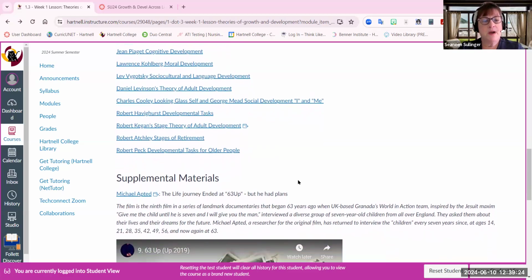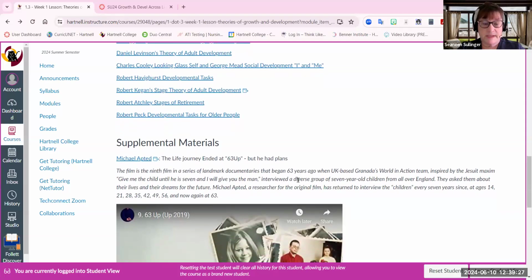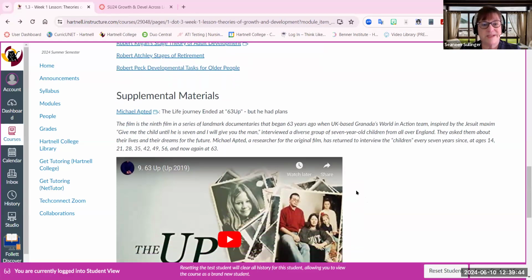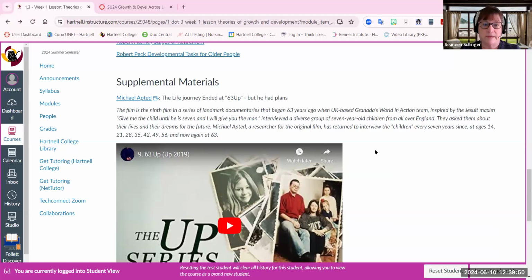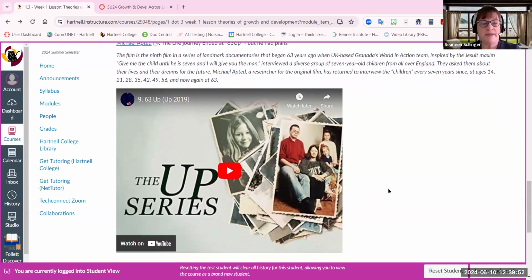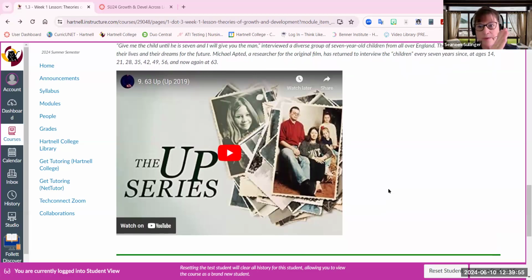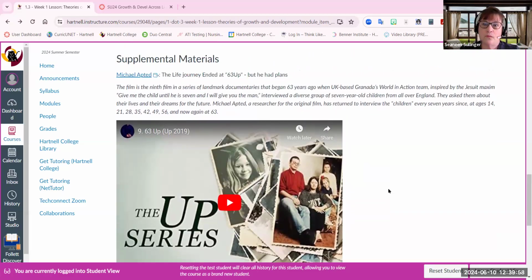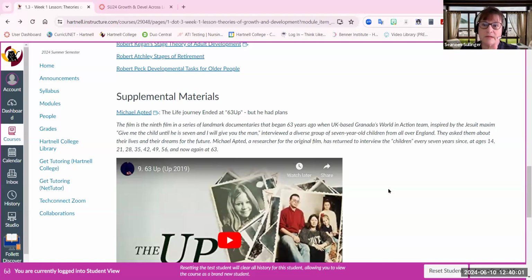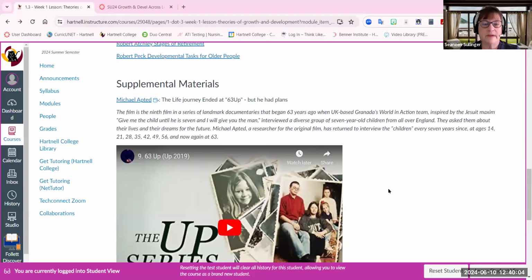And then there's also the life journey. It's the Up series, where a gentleman, Michael Apted, actually took children in England and did research every 7 years. And so this is actually one of the later ones. He actually passed away in 2021, and he was so excited to get to 70, and he just didn't quite make it there. But this is a great video to look at how these people went through their growth and development stages. So it's really kind of a neat